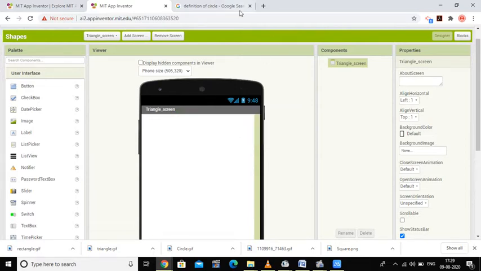So we have a total of 5 screens: screen 1, square screen, circle screen, triangle screen and rectangle screen.